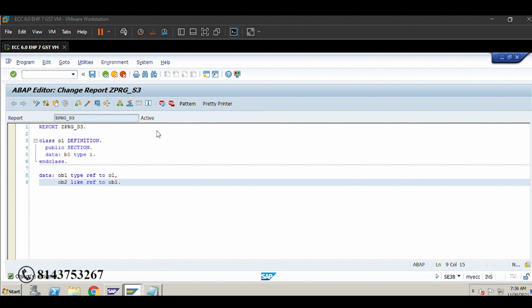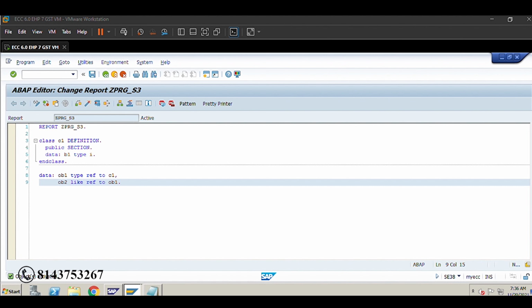While looping, we need to find out which iteration we are in. The count of this loop will be held by SY-INDEX, the current index. SY-TABIX is the current position of an internal table row. We will see internal tables later.